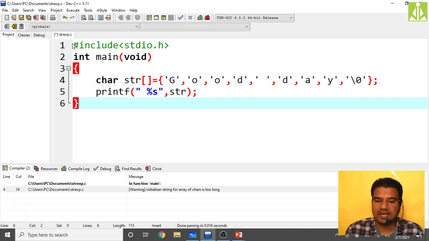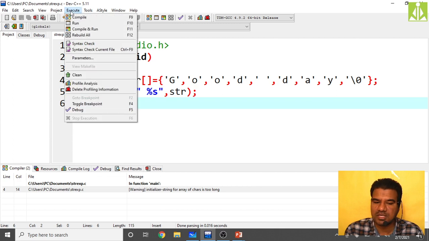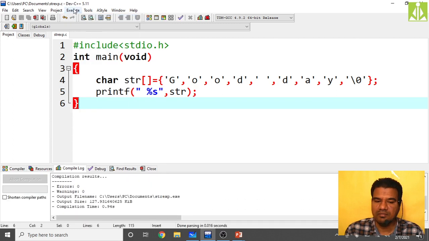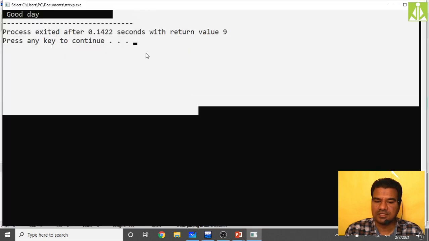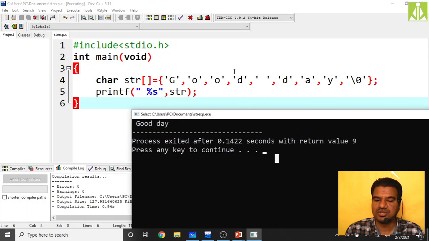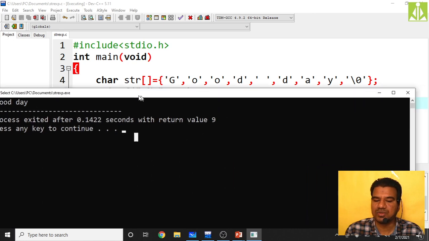So now all these characters, again the same meaning. It will be stored, I mean a sequence of characters with a delimiter, so it will be stored like a string only, so we can expect the same output. No issues. See, good day it is reading as it is. I mean how we want it to be stored, in that same way it is storing.